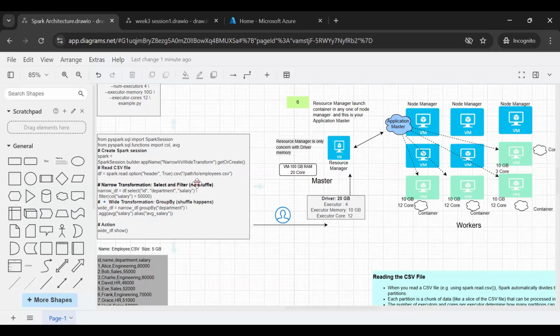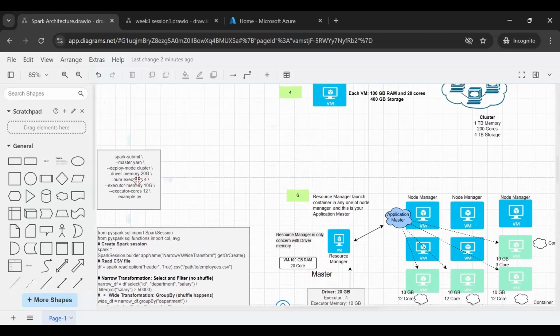Now with the help of the Java wrapper, your code might be written in Python, but it understands what it's doing. It knows this person asked for 20 GB of memory for the driver, executor memory of 10 GB, and a number of executor cores, and this is his example.py. So what does it do,